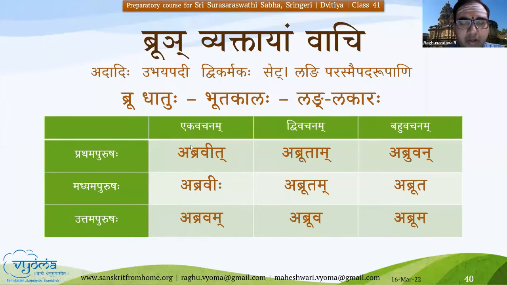One important note, for any of the langlakara dhatus, whenever we say langlakara, the akara is part of the entire word. So we don't have to show that separately and then the actual part of the dhatu, because the kriyapada is formed with akara. So abravit, abrutam, abruvan. There should be no gap in between and the remaining portion of that dhatu. Abravit, abravihi. That way is not the right way to pronounce it. It is completely abravit, one word. Similarly, abravam, abruva, abruma.